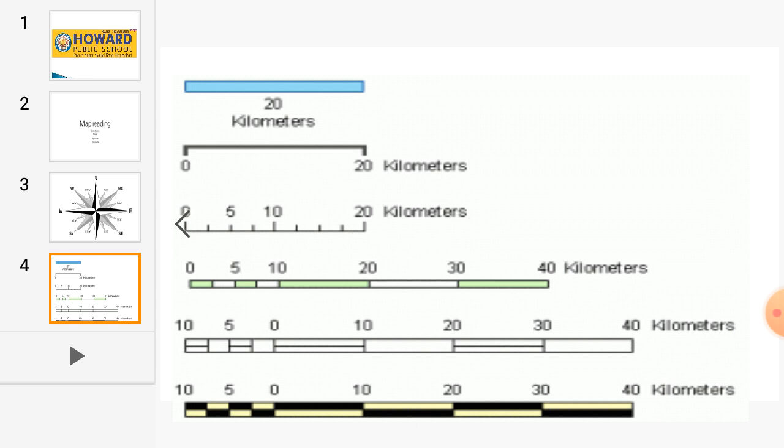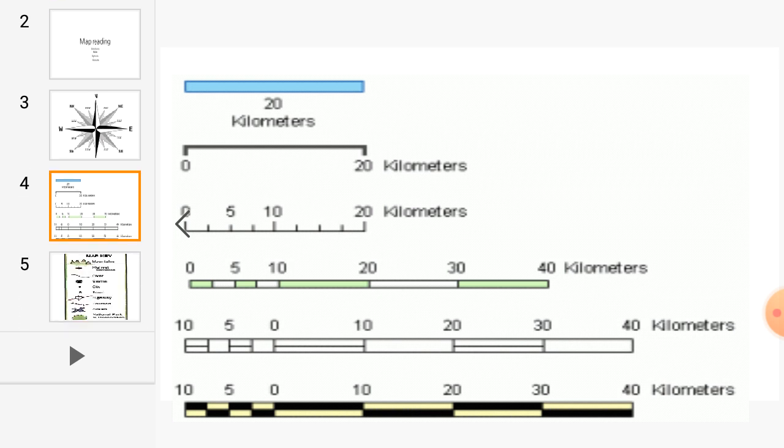Instead, the distance of 500 kilometers on the ground will be represented on a smaller unit, like 5 centimeters. So the scale would be 5 centimeters in the ratio of 500 kilometers. So scale can be represented in three ways. Those are the fraction, written statement and graphic scale.